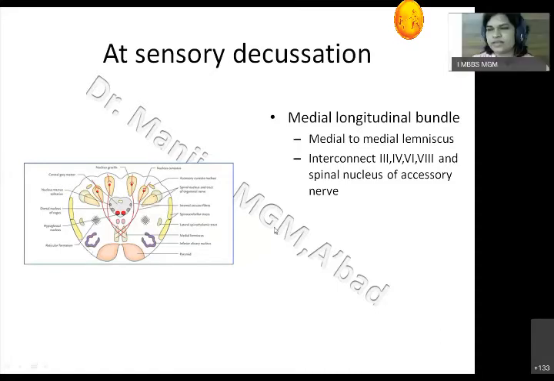So these tracts help whenever something strange or sudden is happening on your lateral side. Your eyes move to that sound. The sound is heard by the eighth nerve, and for that you also move your neck toward that sound. So if a sudden sound happens on your posterior or lateral side, you immediately, almost involuntarily, move your eyes towards that sound, along with your neck. So this is the function of the medial longitudinal bundle. Okay.